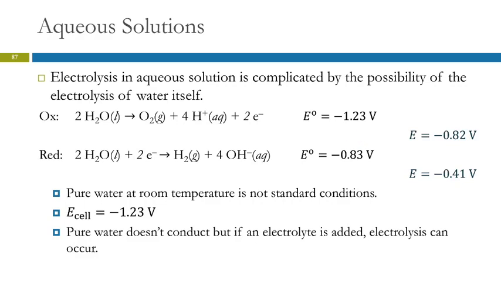But pure water is not a standard condition. Standard condition would have to have 1 molar hydrogen ion, so that would be a fairly concentrated acid solution. So what is the concentration of hydrogen ion in pure water? 10 to the minus 7, right? So this is 10 to the minus 7, and so we can use the Nernst equation,